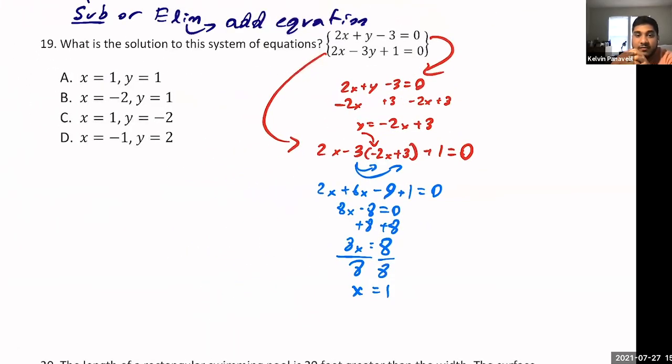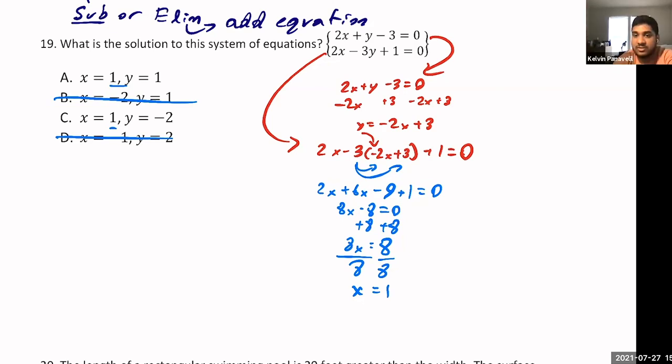So unfortunately, right, we can eliminate 2 answers. We'll eliminate B and D, but we have 2 answers where x is 1. So once you solve for x, how do you solve for y? You do the same thing, but instead of doing what we first did with the y, you do it with the x. Even easier. Once you have x, all you do is plug it in. That's it, right? Just plug it in, right?